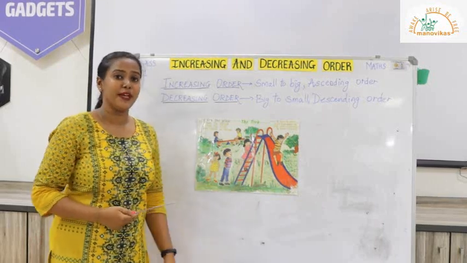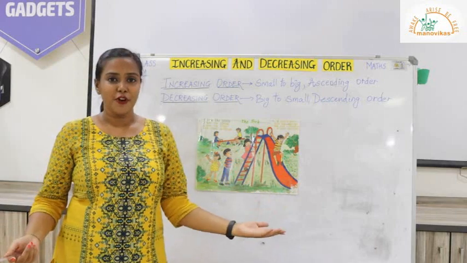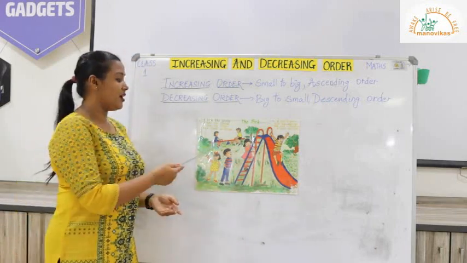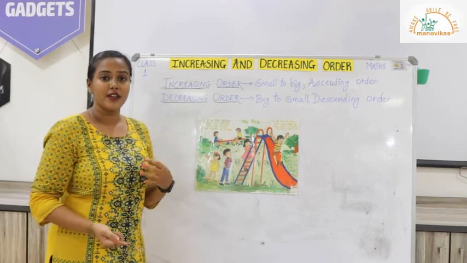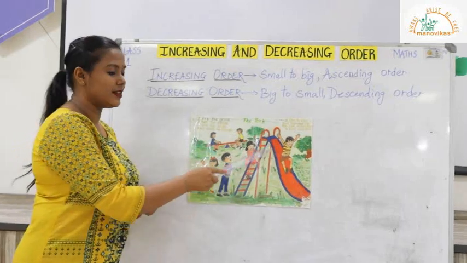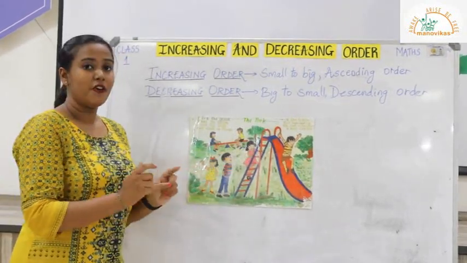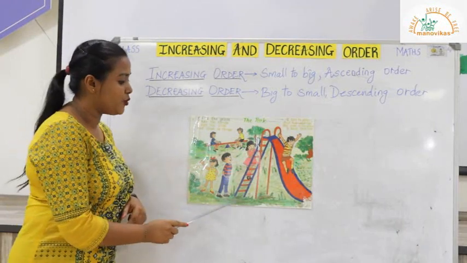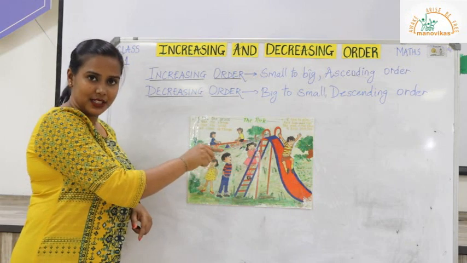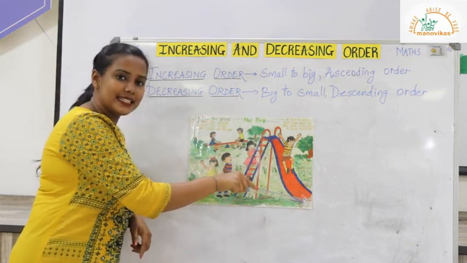Students, you all must have been to a park. You go to a park in the evening time to play with your friends or your family. So what do you see in a park? You see a seesaw, you see a swing, you see merry-go-rounds, and you also see a slide. So what do you do when you want to go on the slide? First thing you have to do is you have to climb the steps. Once you climb the steps, you come down sliding through the slide.